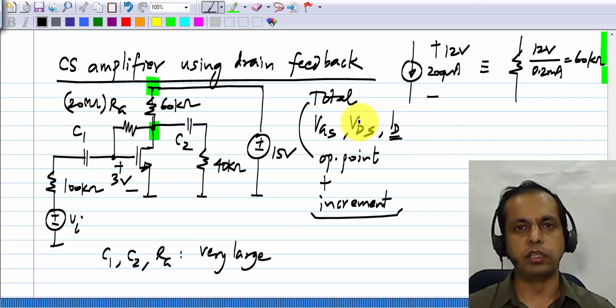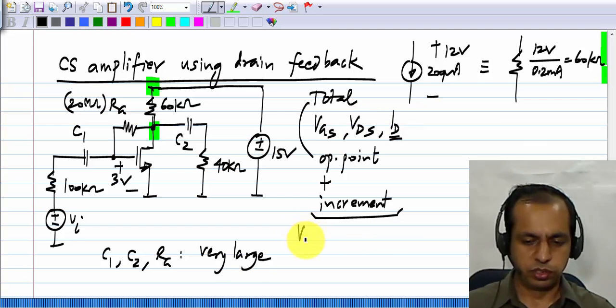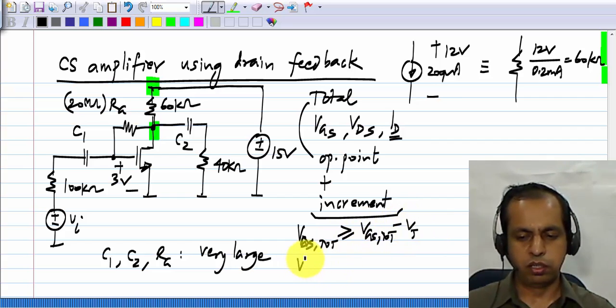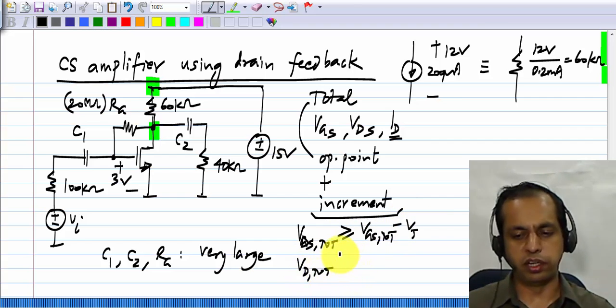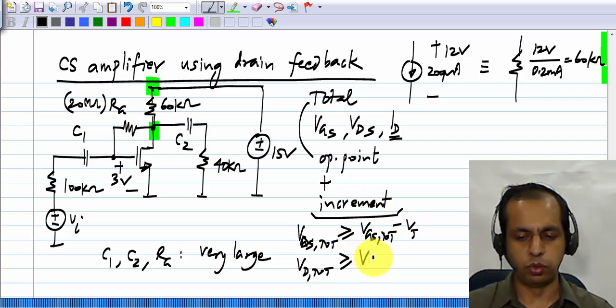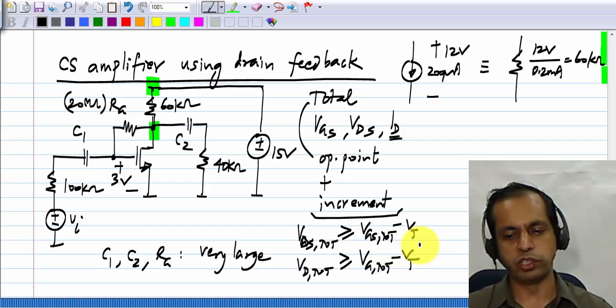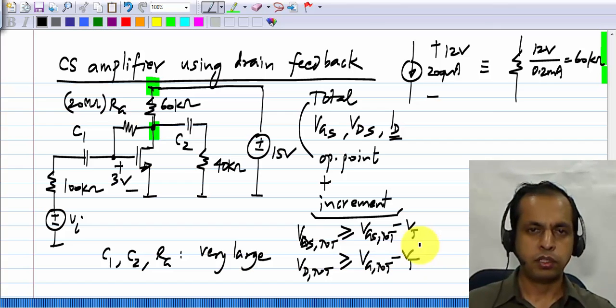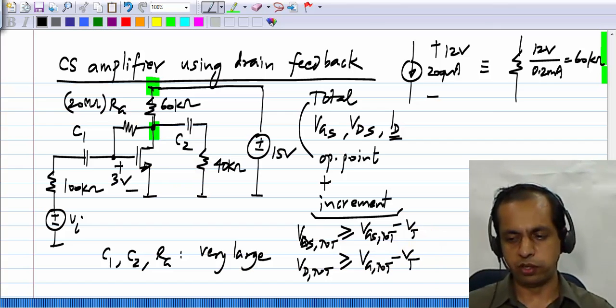Now, while evaluating the condition for the transistor going into triode region, you can either use the total VDS in terms of the total VGS, or sometimes you can just use the drain and gate voltages. This also has been discussed before, but of course you have to use the total voltages, not just the quiescent voltage or the incremental voltage. So one of these is convenient in some cases, the other one is convenient in other cases. So let's carry that out for this particular circuit.